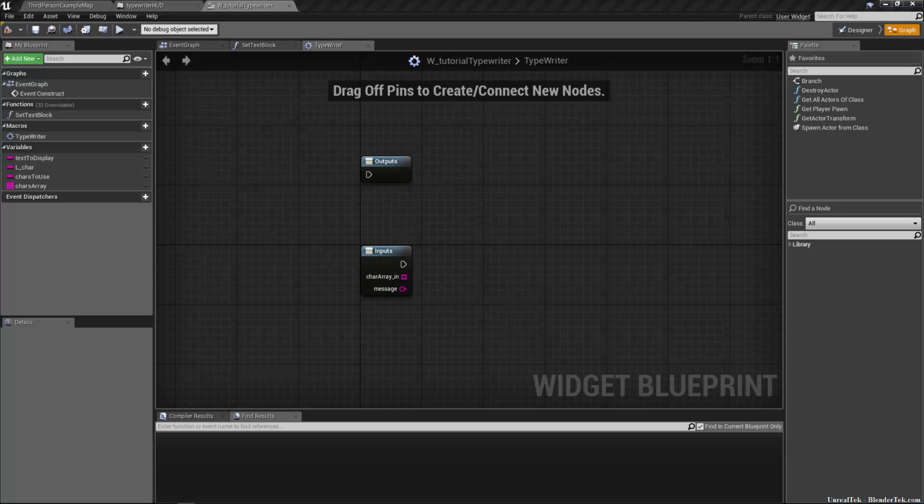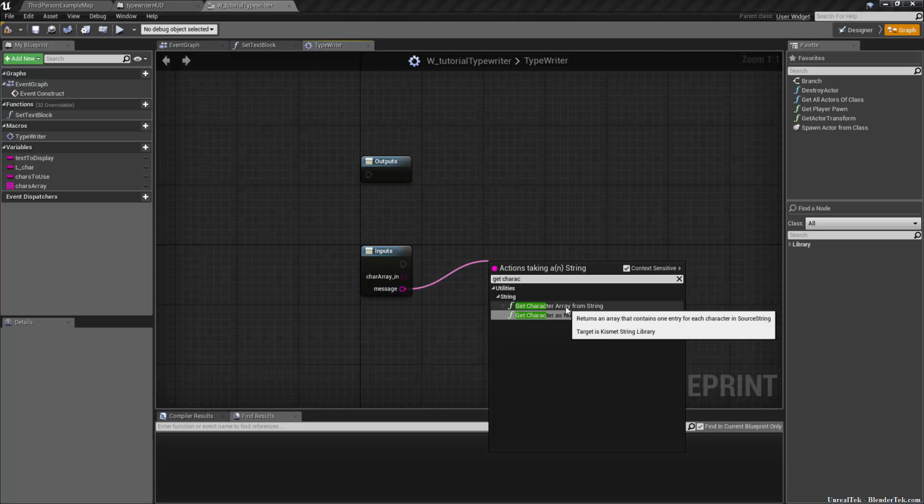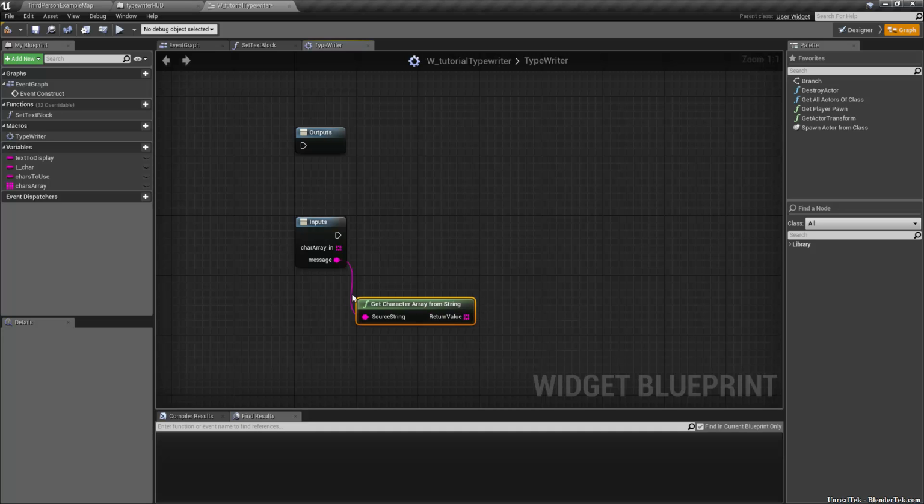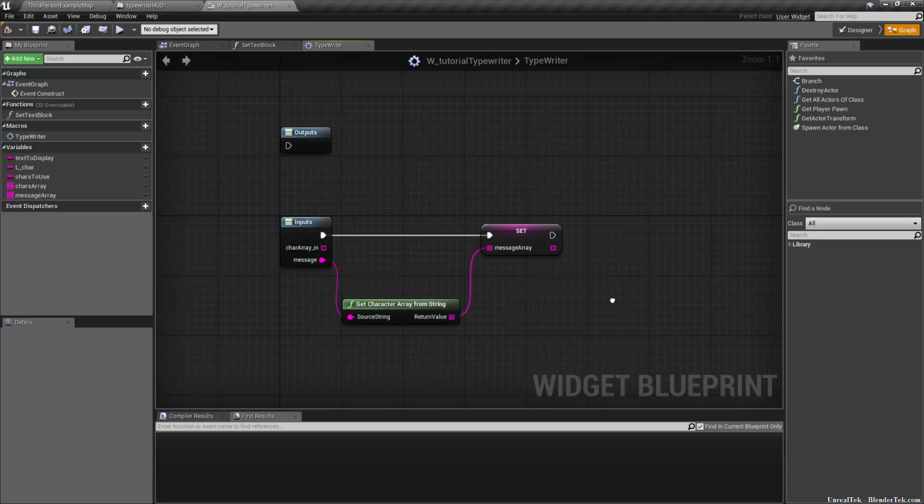What we want to do now to build this is start with taking the message and doing the same thing, get character array from string. We're going to take that return value and create another variable called message array, and then set that, so hold down Alt and drag it in, take the return value there and plug it in, clean that up. So we want to set the message array,